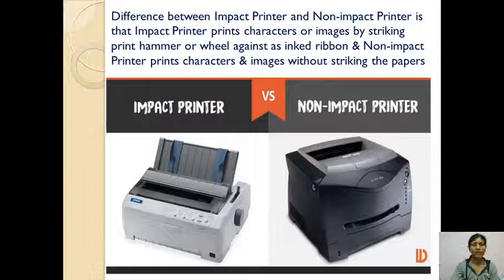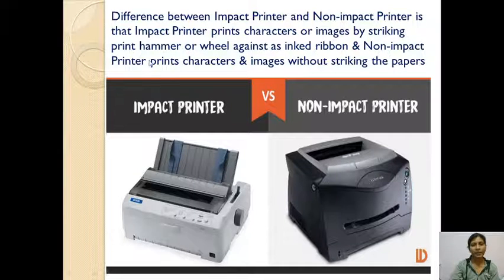What is the difference between the impact printer and non-impact printer? This is the image of the impact printer and this is the image of the non-impact printer. The difference is that an impact printer prints characters or images by striking a print hammer or wheel against an inked ribbon. It strikes the paper with the print hammer while printing.